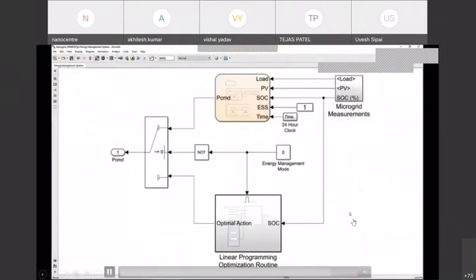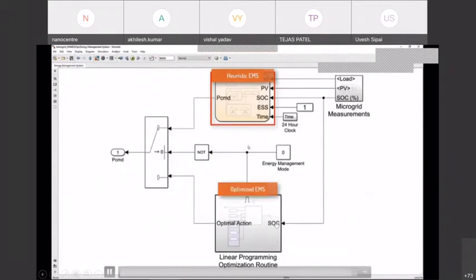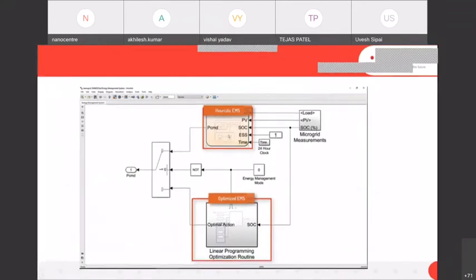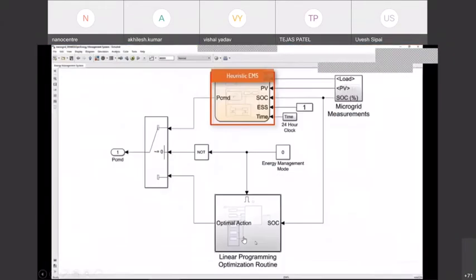Now, in the energy management system, two ways are there. One is heuristic, that is called the heuristic energy management system, and the other is an optimization-based management system. What is heuristic? In the previous one, we saw that in the comfort zone, we set the temperature constant. The temperature was not changing between 8 a.m. to 6 p.m. So here we are not using any optimization, and that's why it is called the heuristic energy management system. Second is the optimized energy management system, which we will discuss later.